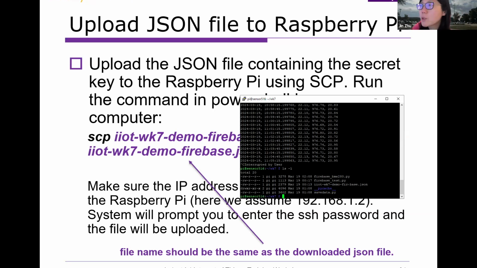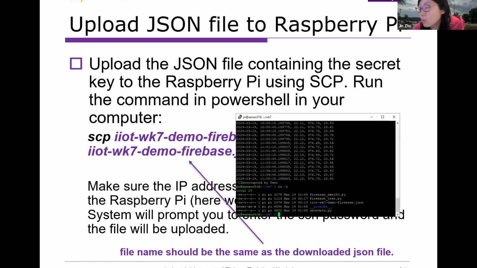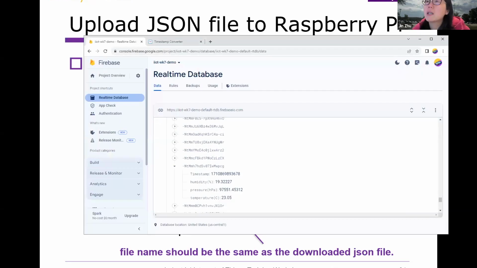So I have this JSON file, and I have this test and I can run the code. Okay, I can run the code. So let's go back and just try if it works, like we use the test. Let's see, where's the database? Okay, so here's the database,